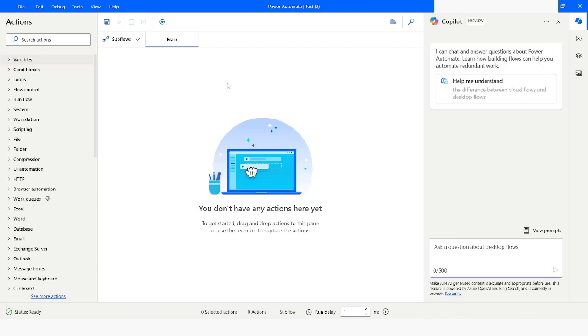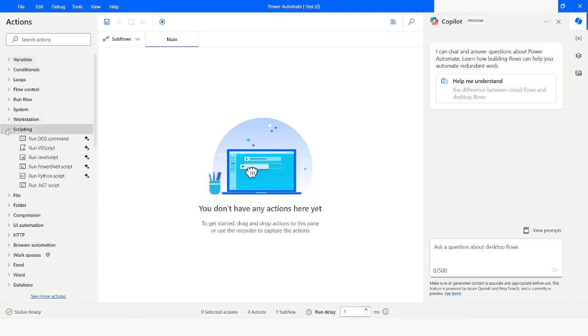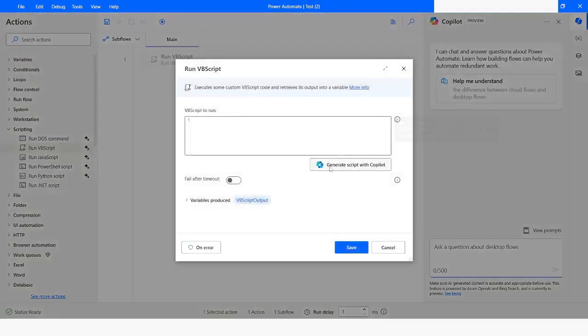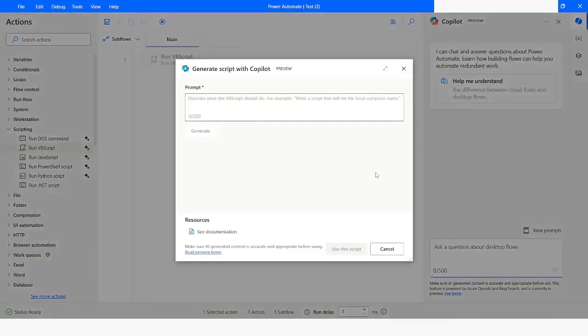So let's get started. First of all, I will go to scripting, and from here I will use the run VBScript action. And then here I will click on generate script with CoPilot. And now what I will do is specify the prompt, which is: write a code